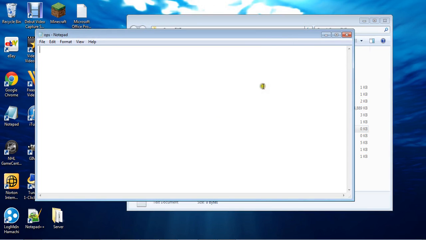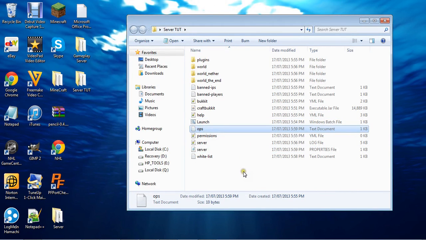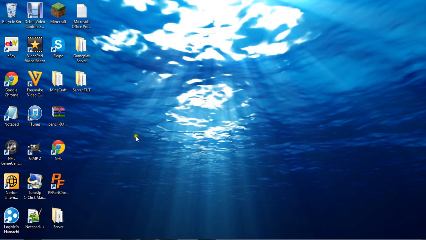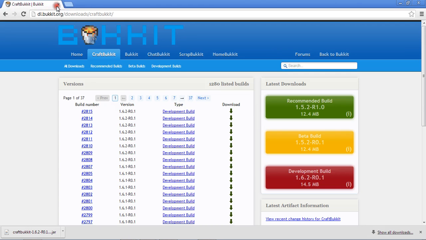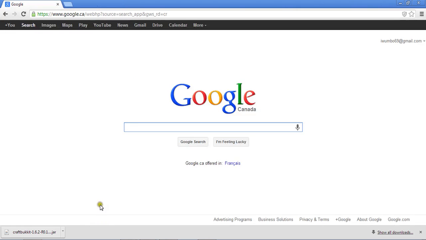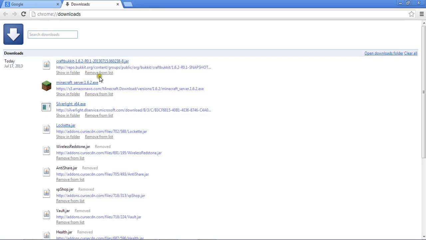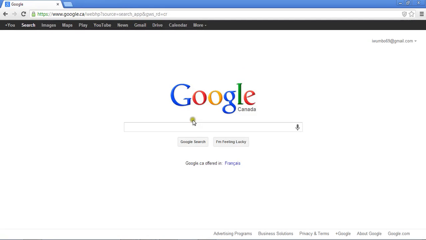Ops. Okay, actually ops. Ops is like the players who have every command they want. So pretty much, literally everything. So you can put your name, but don't put your friends' names if you don't trust them. If you're on a survival server, they can easily go into creative and give themselves a whole bunch of diamonds, stuff like that. Alright, so open up a new internet window, I guess. Alright, now go to